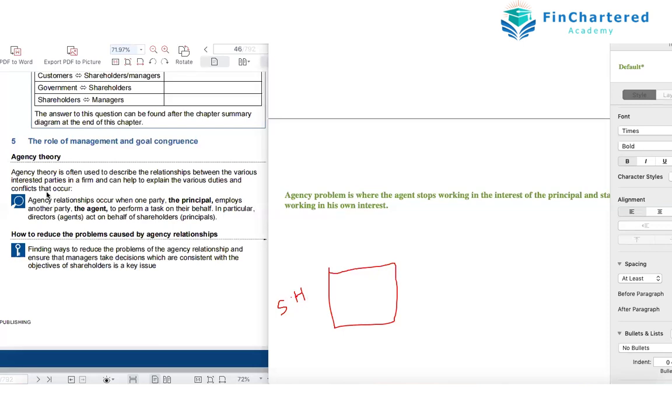But they don't run the company. They hire people to run the company who are known as the directors. So here there is an agency relationship between these two. Now, there is an agency relationship between the shareholder and the director, where